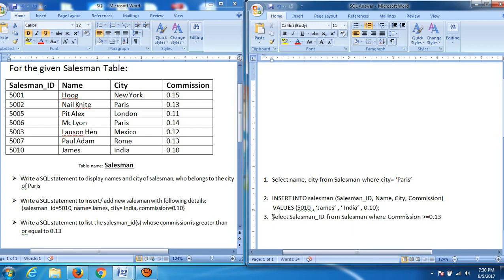So in this way SQL will select the salesman ID of all the records where commission is greater than or equal to 0.13. So in this way we will fetch the data. I hope you got the basics of SQL commands.